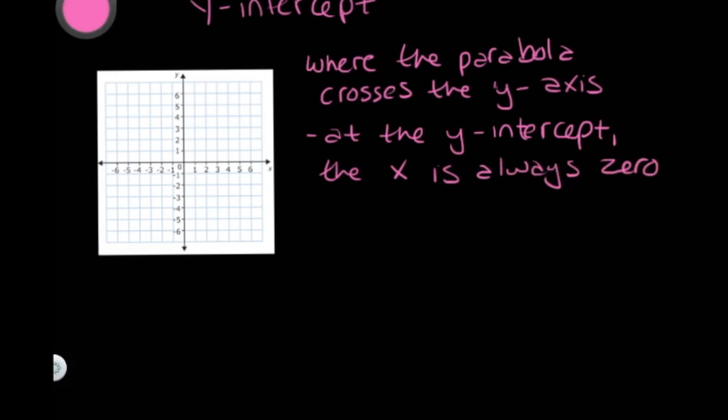So remember this from linear equations, right? When you had y equals mx plus b, b was that point where it crossed the y-axis. So in the same way, when we have a parabola, our y-intercept is going to be that point where the parabola crosses the y-axis. So for example, if we have a parabola that looks like this,